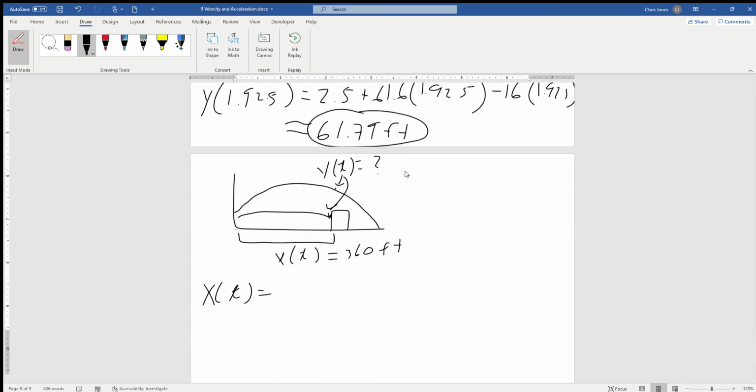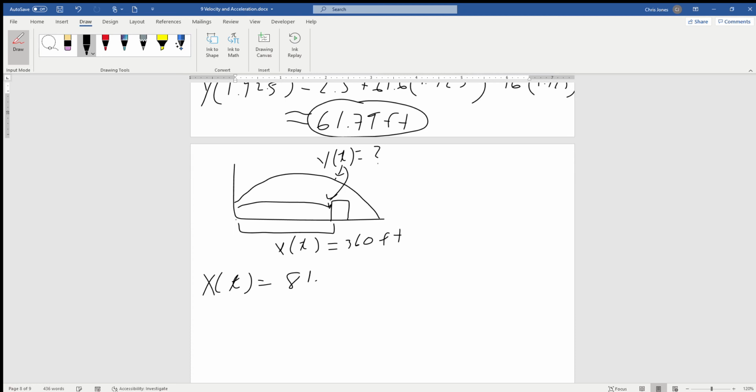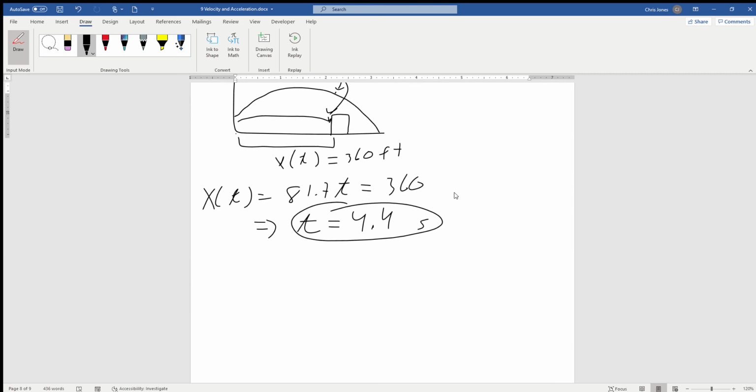and x of t was 81.7 t. And that's going to be equal to 360. That's easy. So we just divide 360 by 81.7, and we end up with 4.4 approximately, and that's seconds. So now we're trying to find the height after 4.4 seconds, and the batter's hoping it's